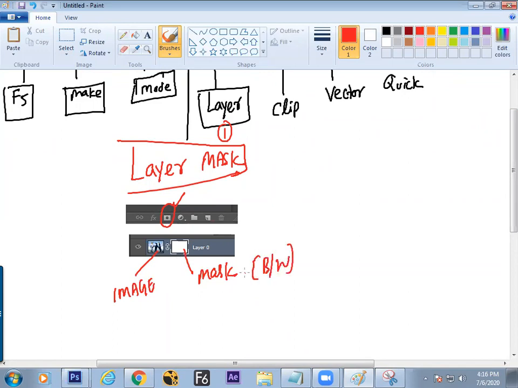This is always black and white, never color. Now we can see white is there in the mask, that's why the image is visible. If white, then the image is visible. Color and result.